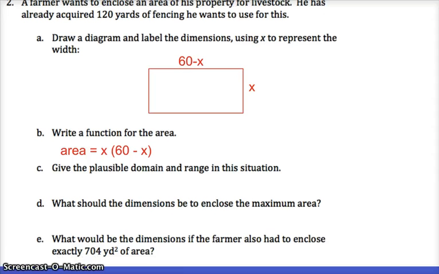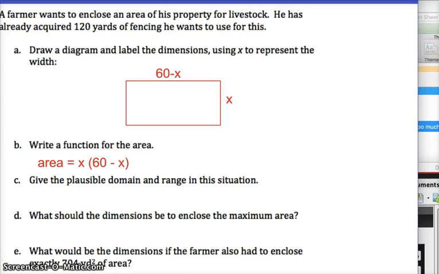Let me see if I can draw that really quick. Here, see if this works. Yeah. So this rectangle could be like 60 by 0, which has 0 area, or I could start to add width. I have to take away from length as I do that because I have only a limited amount of fencing. As I get a shorter length, I can start to add some width, and I'll start to get some area. At some point there's going to be some maximum area, but then at the end there's a limit to that, right? I can only